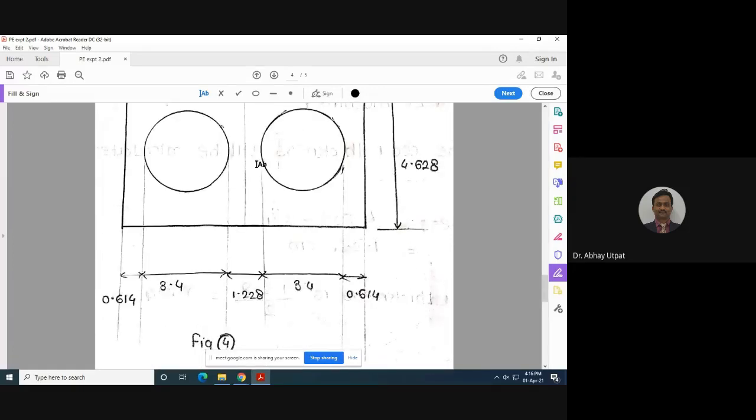And now, see my cursor. I hope you are watching this cursor. At this center, there will be a sprue perpendicular to the plane of paper. Imagination is required because this is the top view. The sprue is perpendicular to the plane of paper. So the sprue will carry the plastic material from the nozzle. Then it will be distributed to the two cavities.